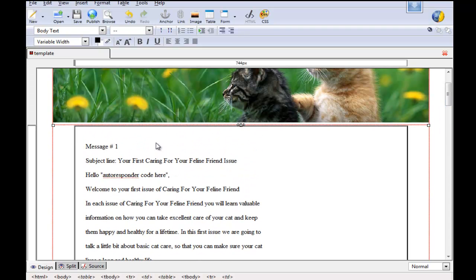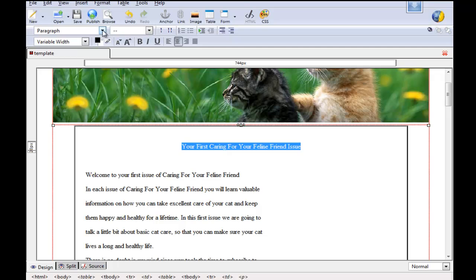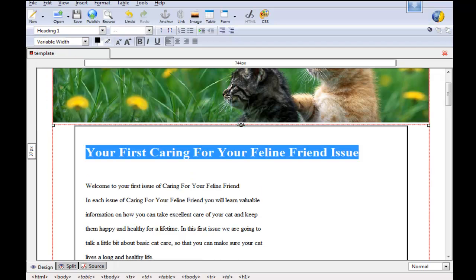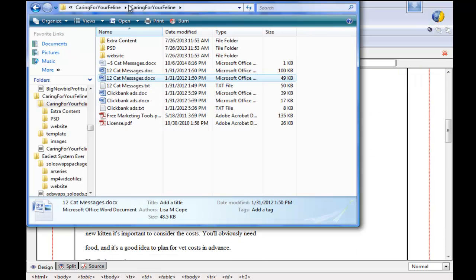And of course, I would want to go through here and make this look a little bit better, format it a little bit. Like I would delete that right there. And I would delete that. And just do a little bit of formatting. Maybe center that, make that an H1 tag. And just go through here and format a little bit,